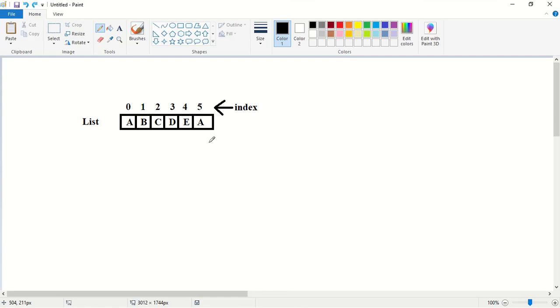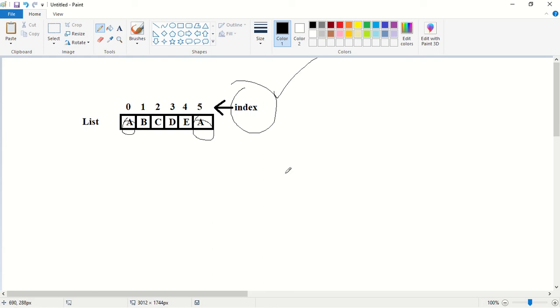So we shall see an example for this. Assume this is a list and these are the contents of this list. A, B, C, D, E, A are the objects of this list. Are there any duplicate elements? Yes, there are duplicate elements, that is A is duplicated. Okay. When should we go for list? If we want to represent a group of individual objects as a single entity where duplicates are allowed and insertion order must be preserved, in that case we should go for list. So how can we preserve the insertion order? We can preserve the insertion order by using the index.